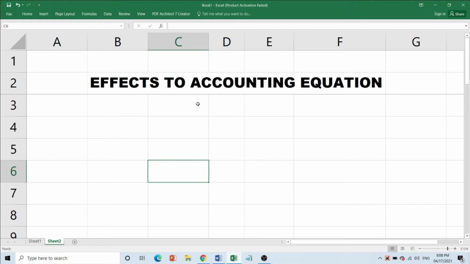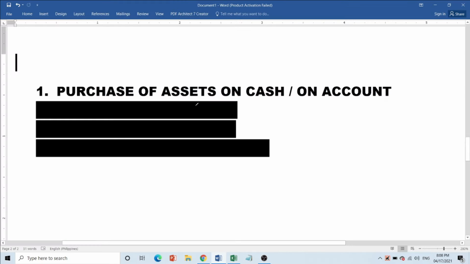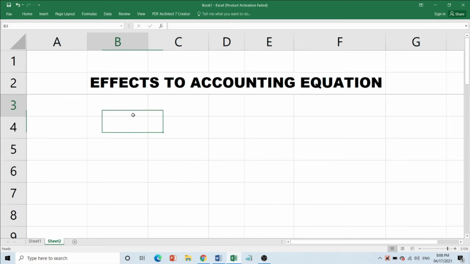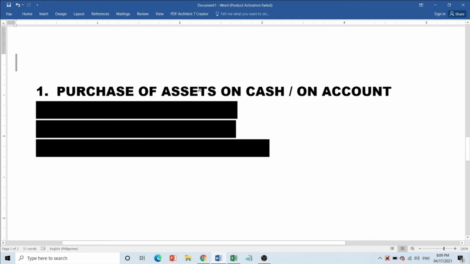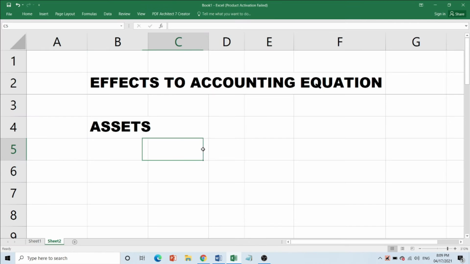We must also remember in analyzing this particular transaction, ano po ang value na na-receive at ano naman yung kapares nun o yung parted with or given away in this particular example. Okay, the company received assets and then since nagbayad po siya on cash,